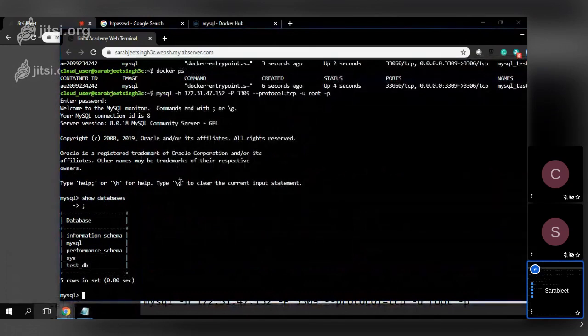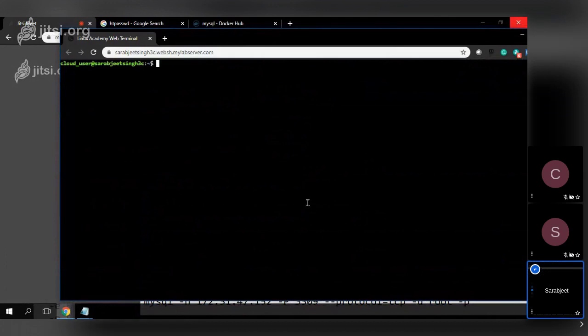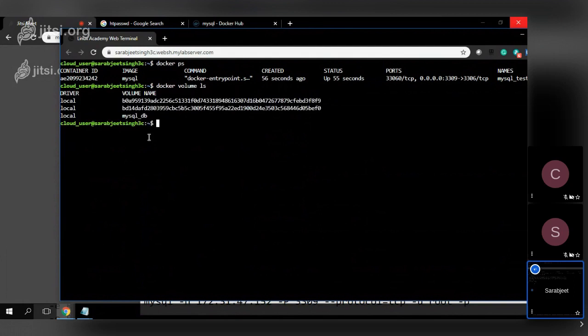So now what I will do, I will again remove this container. Okay, I will remove this container, and let's see whether our data is present or not when we create a new container. And before that, let me show you that volume. So if I inspect,